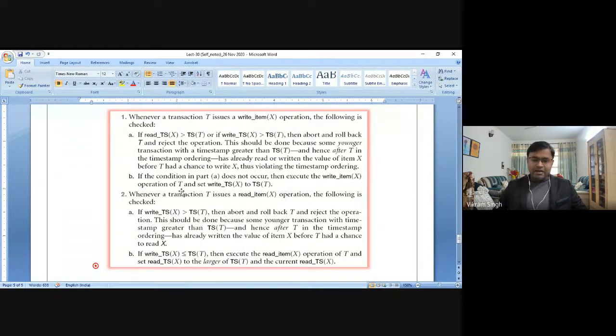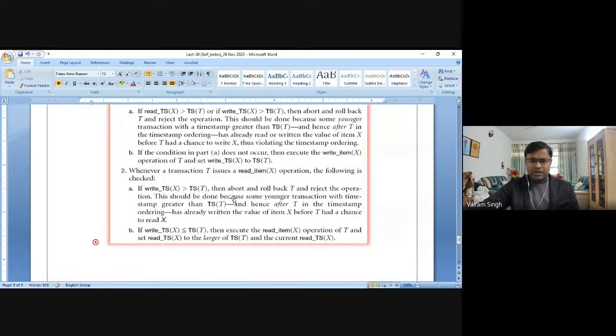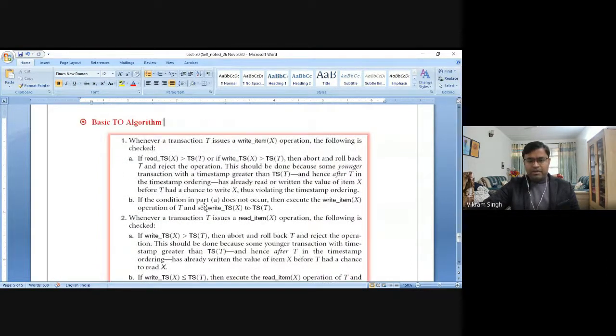So you can see that for even these two possible cases, based on the timestamp of the transaction and the timestamp of the read and write operation, you need to perform these steps, right? This is the typical, simplistic model of timestamp ordering algorithms. You can go through these instructions. These are very generic instructions, very common-sense based algorithms or sets of rules which have been designed. There are extensions of these basic algorithms. Very first